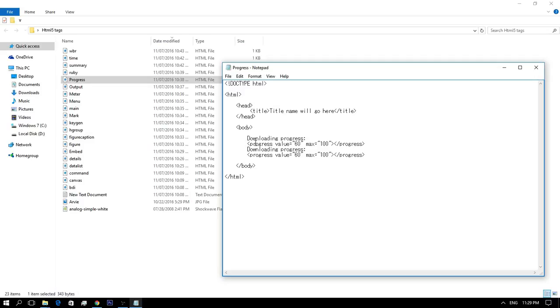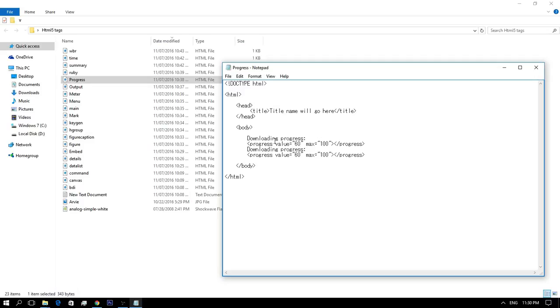Before HTML5, it was done with some hard code of JavaScript and jQuery. But now it is too easy with the new progress element tag. Although there is still some need of JavaScript to show it dynamically, the static design can be created completely with the progress element tag of HTML5.